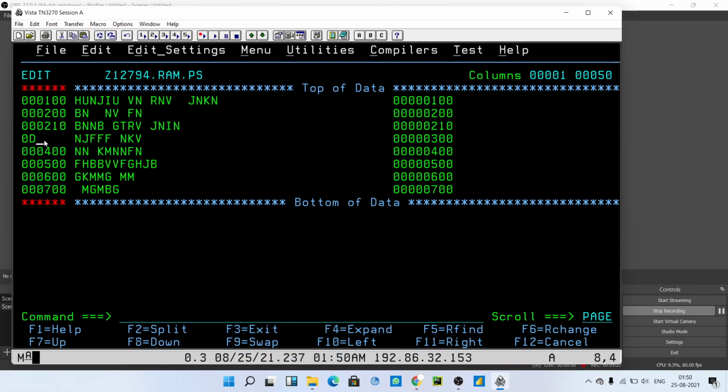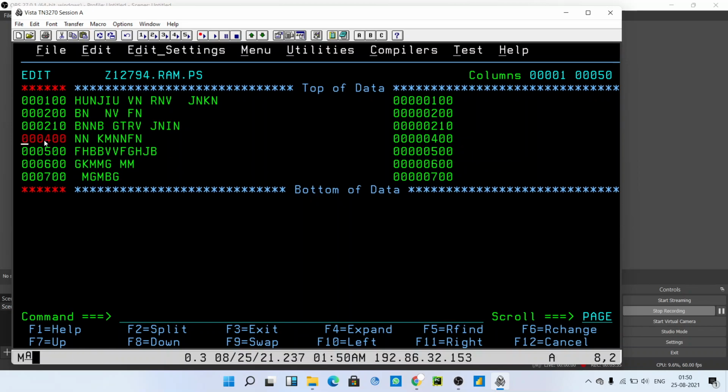It will be deleted automatically after typing D and pressing enter. You might have observed this line got deleted, right? I'll show you again.